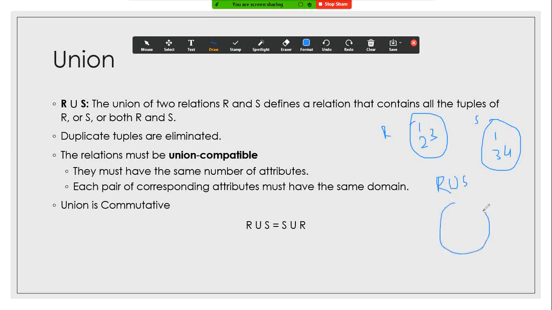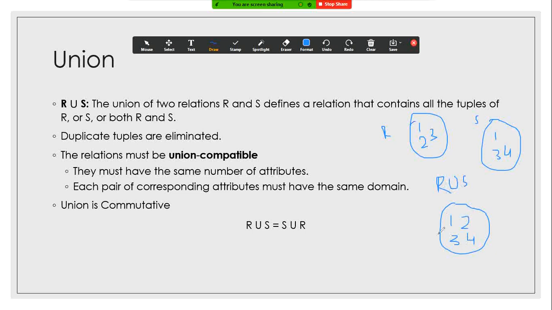This set will contain all the values in R, so we will write them as 1, 2, 3. Then it will also include all the values in S. We have already written 1, so duplicates are eliminated. Then 3 is also present in this set, and next we have 4, which is not present in R but is present in S, so we will write it as 4 here. So this is the result of R union S.